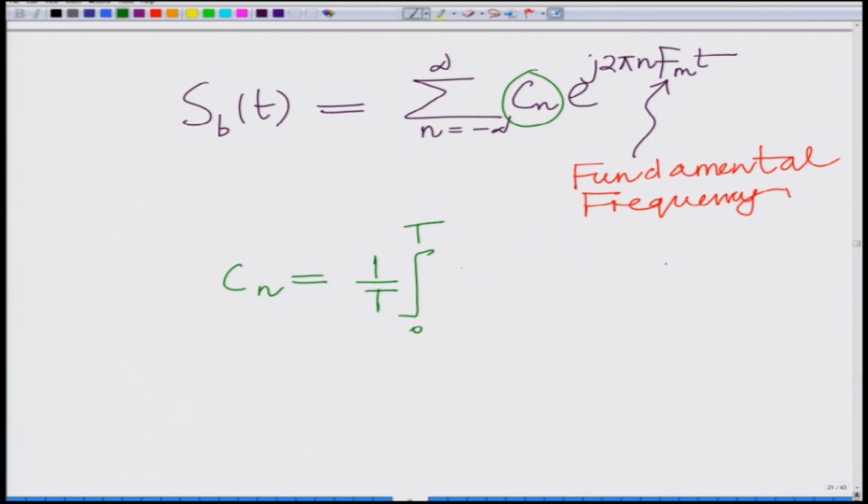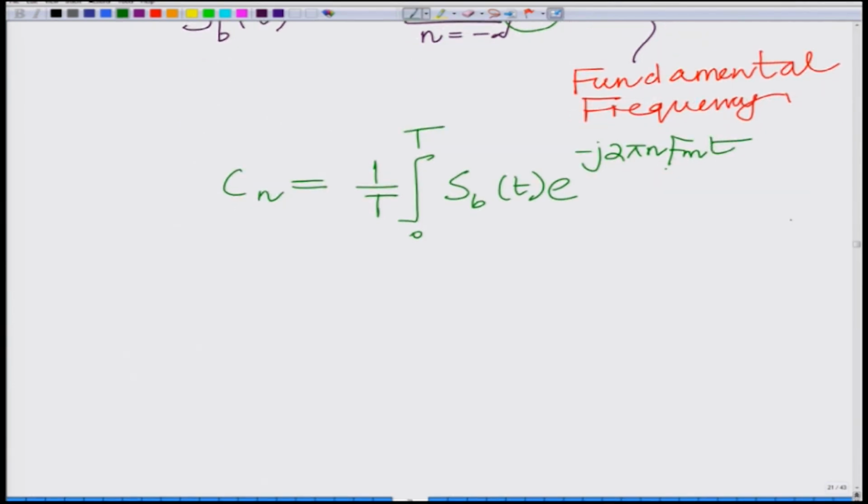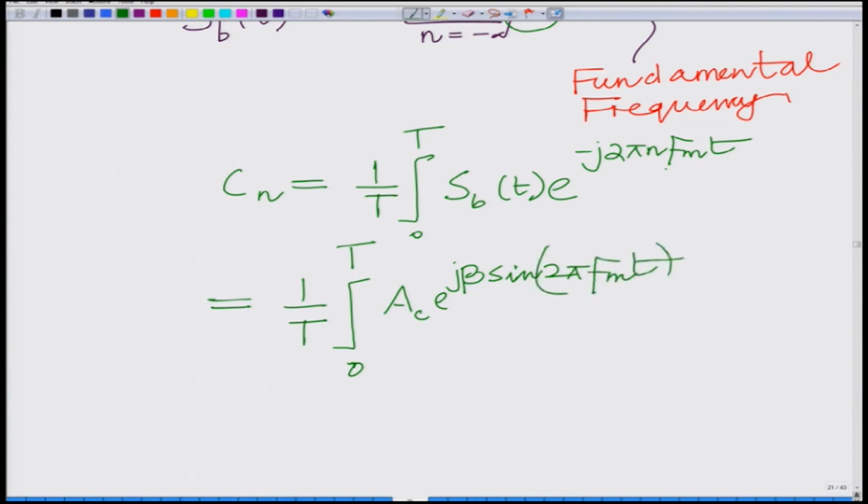This is the nth coefficient of the discrete Fourier series, which is 1 over T integral 0 to T of Ac e to the power of j beta sin 2 pi fm t times e to the power of minus j 2 pi n fm t dt,